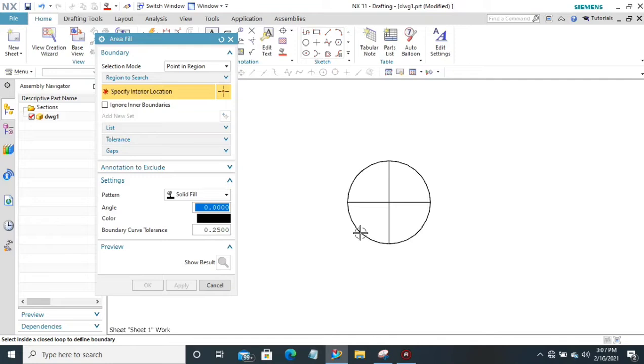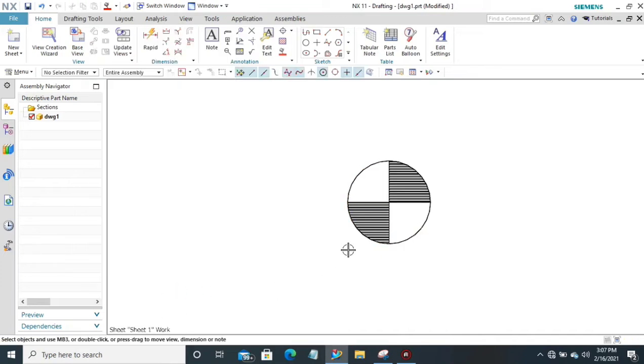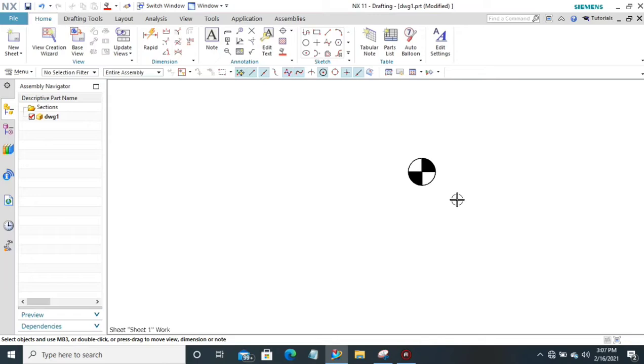Click on the circle, click on the area which you have to fill, apply, again click on the circle. This is the dowel symbol.